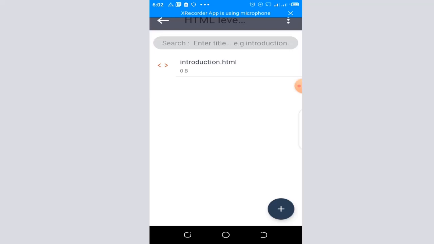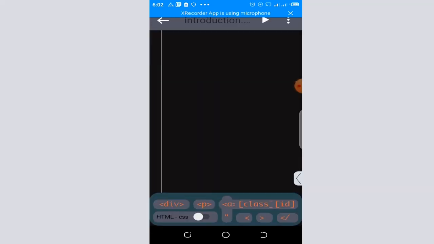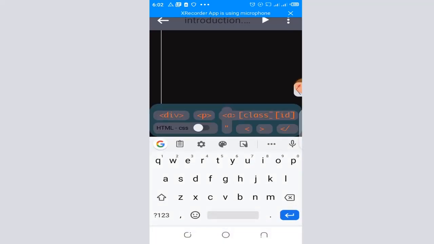We've created the file. The next thing is to click on this file, introduction.html. So in your introduction.html, after this, we can now write our HTML skeleton. And what do you mean by HTML skeleton? Look at this now. We're going to have